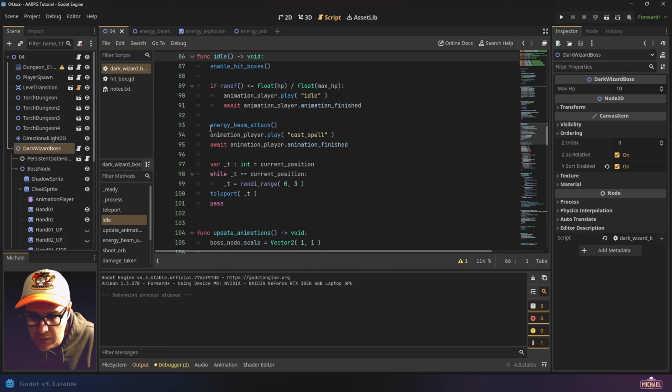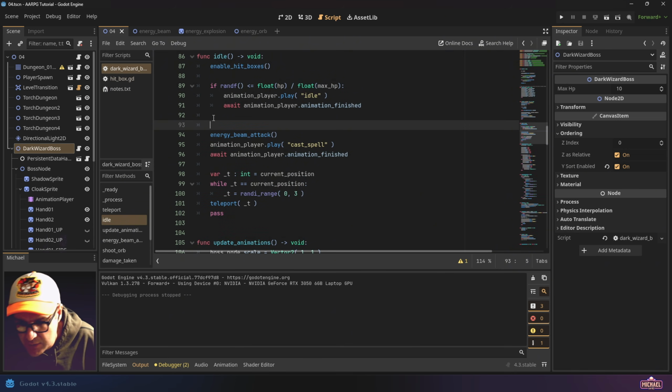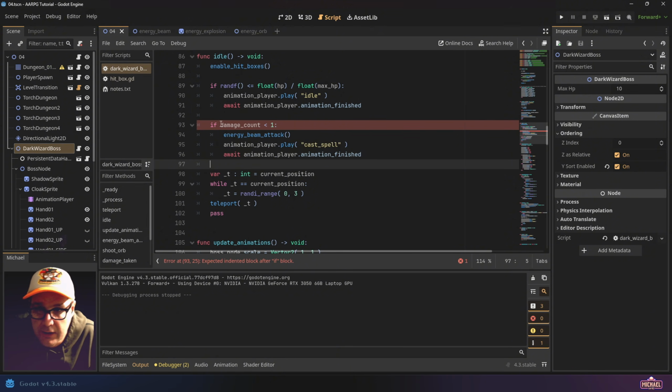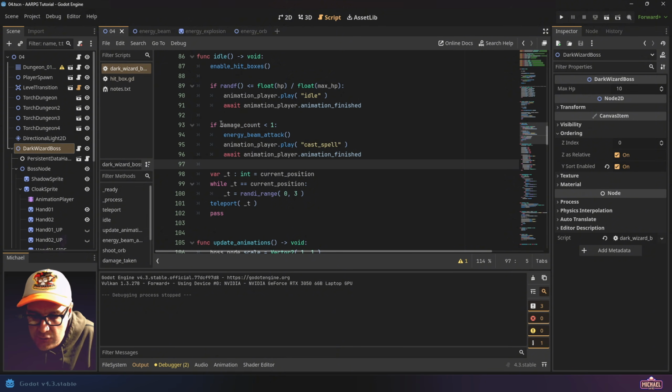Now, when we go back to our idle script, this energy beam attack, what we can do is just wrap this with an if statement. So we can say if damage count is less than 1, then we'll do those 3 lines of code. Otherwise, we'll skip it. So if you hit the boss too early, then you're not going to be able to